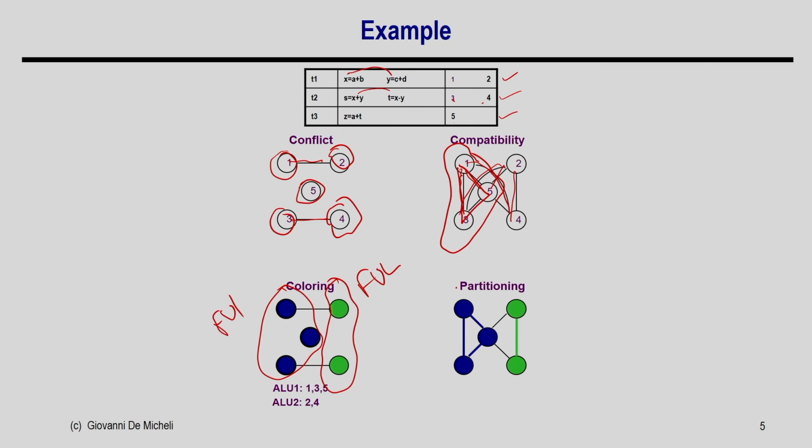So, I found a clique of 3 nodes, and again this is representing my FU 1, and then from the rest of the nodes I found another clique of 2 nodes, there is an edge between them. So, this is my second clique. So, there are 2 cliques which cover the whole compatibility graph, and one clique represents FU 1, the second clique represents FU 2, and I can see that the results are the same in both cases, right.